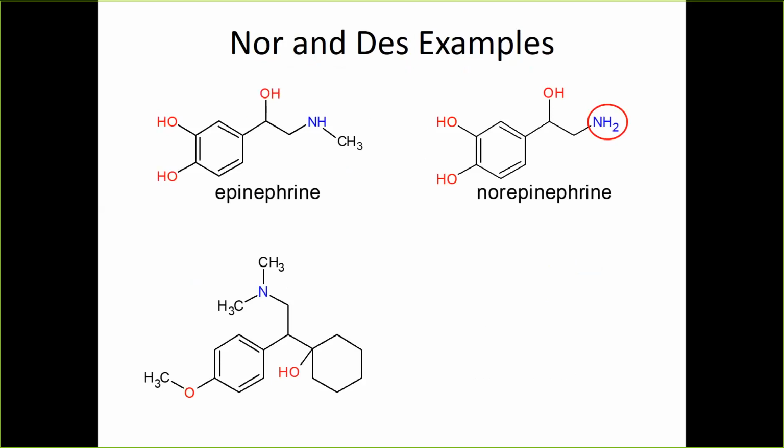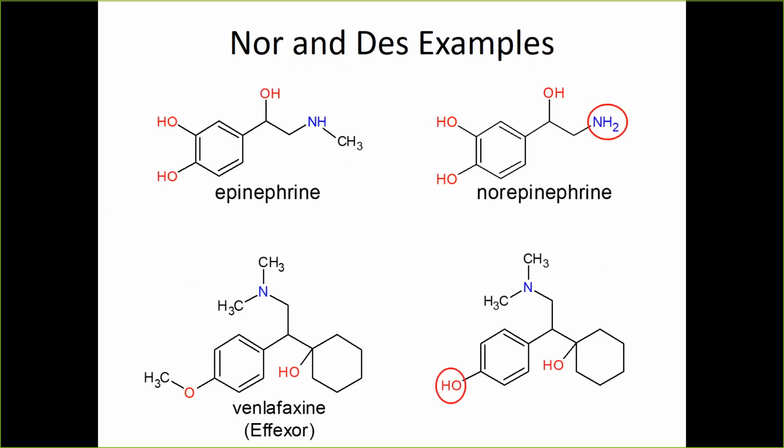Here's another example that's a common drug that we see as an antidepressant, which is, this is venlafaxine right here. And you may be aware that there is a similar drug called desvenlafaxine. So you're wondering, well, what's the difference between venlafaxine and desvenlafaxine? So they're not enantiomers. Sometimes people think that. It's not like citalopram and escitalopram. The difference between them is this. Desvenlafaxine is missing this methyl group right here that I've circled. They're otherwise exactly the same, except venlafaxine has an extra O-methyl compared to desvenlafaxine, which is a metabolite of venlafaxine.